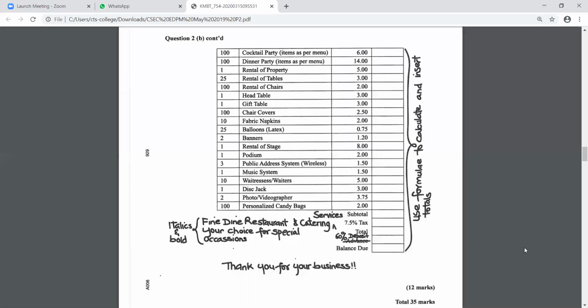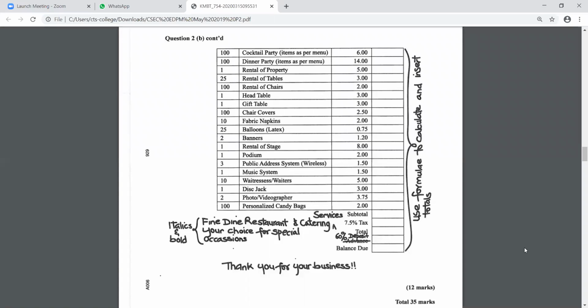I'll do it. How do we calculate? Okay, we have the subtotal. We work out the 7.5% tax. How do I calculate total now? What exactly do I have to do there, of the tax? I feel like for the subtotal, you have to add all of those. What exactly am I adding? Tell me specifically what I'm adding for that total there. From the cocktail party, like the number is